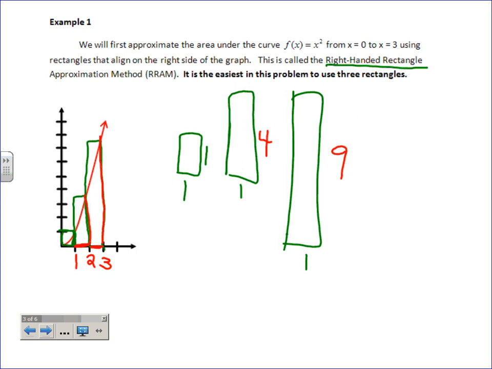And then what you do is you find each area. So what's the area of this first rectangle? 1. The area of this one is? 4. And the area of that one is? 9, and you add them up. So my approximation is